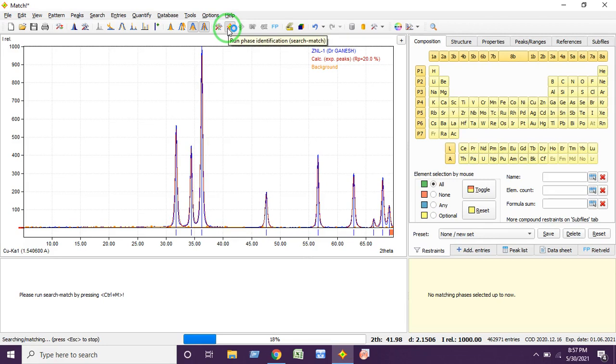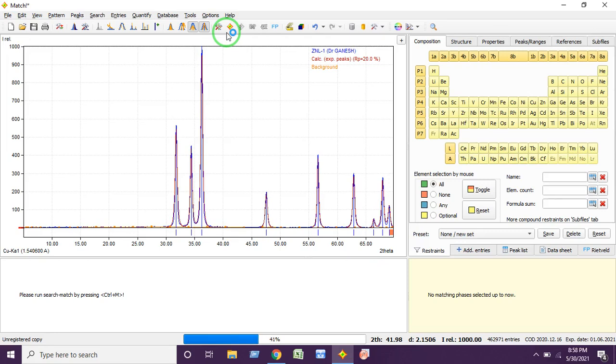First I'm going to do it as it is. If it is still more than 10, we have to make some corrections while doing Rietveld refinement.